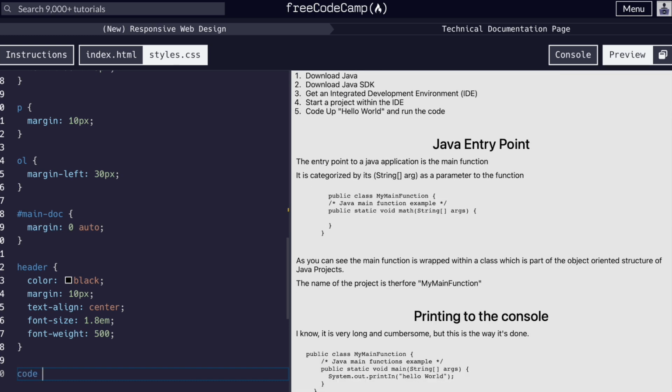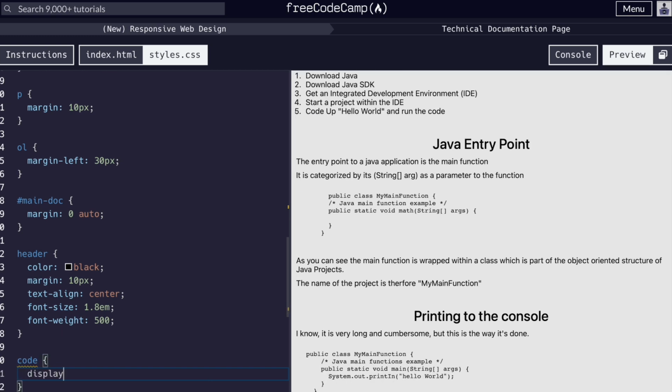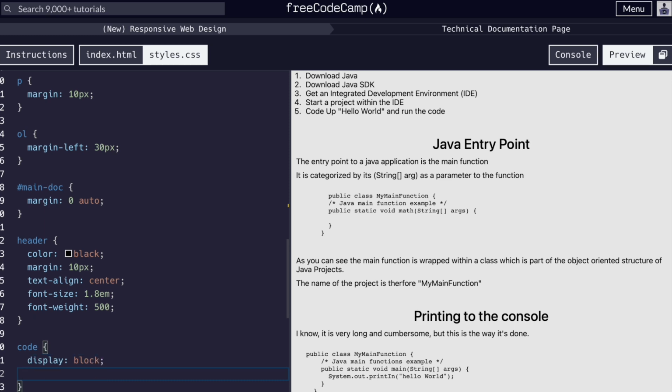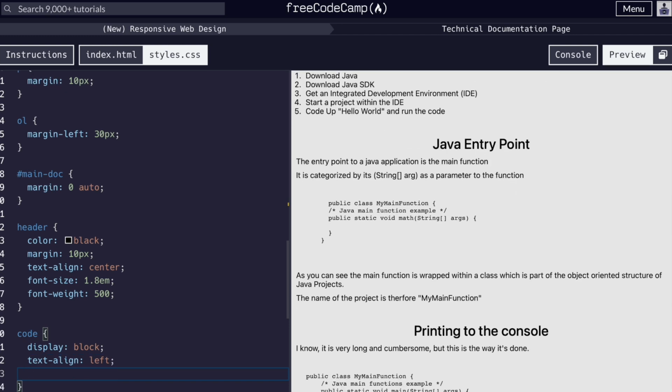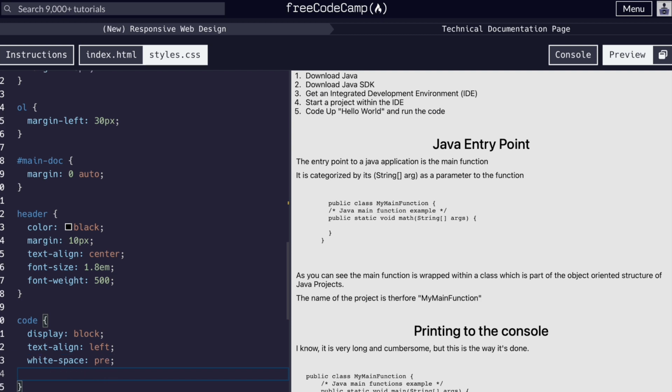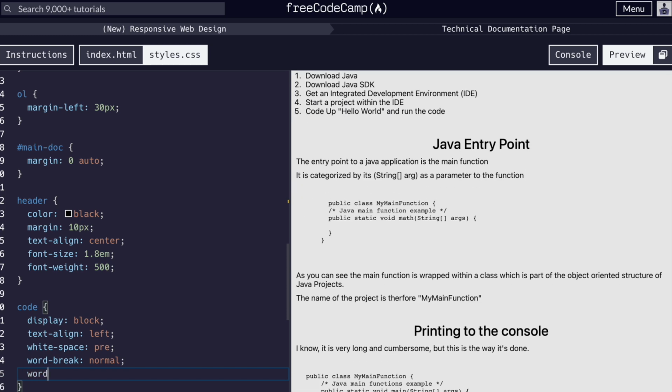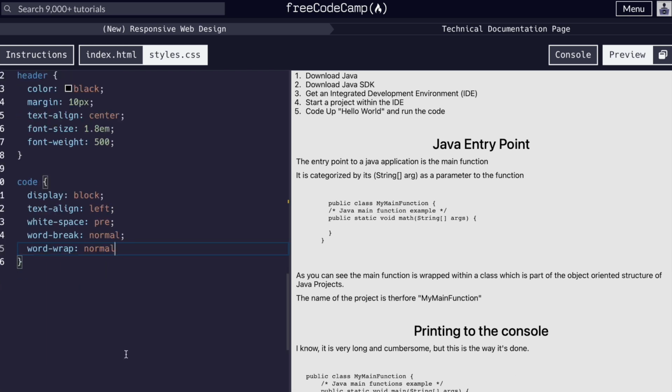Then we'll edit our code element, giving it a display of block, a text align to left, a white space of pre, a word break of normal, a word wrap of normal, and we'll do a line height of 1.5,